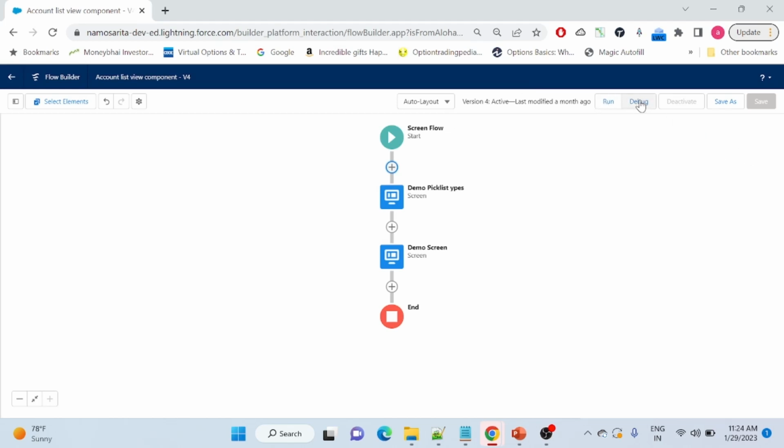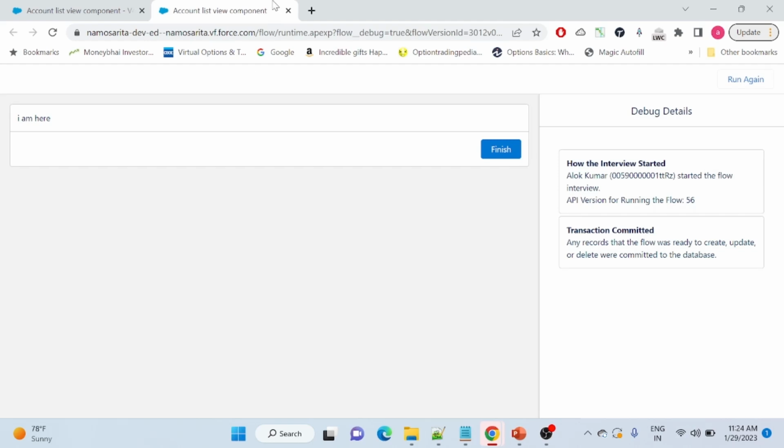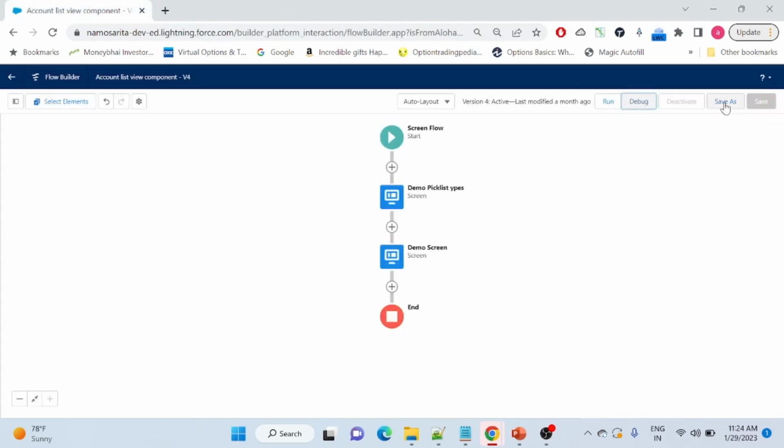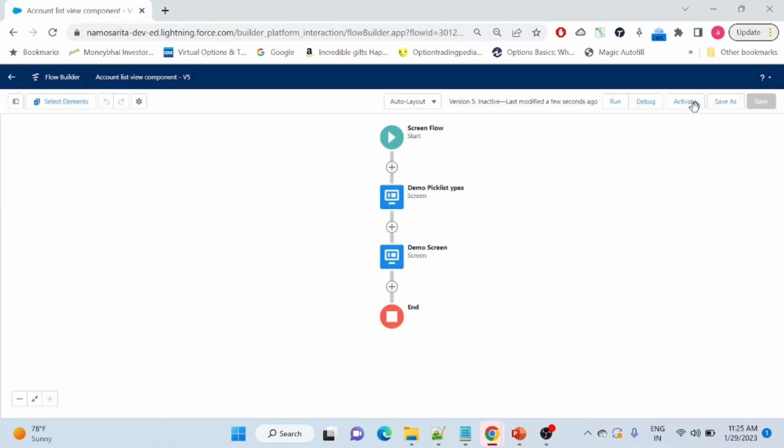Okay, let's say I'll just do a debug. Usually when you do the debug, it takes a little bit of time to load and get things on the UI. Okay, I didn't save it here. Sorry, I'll just save it. Now if I do a debug,